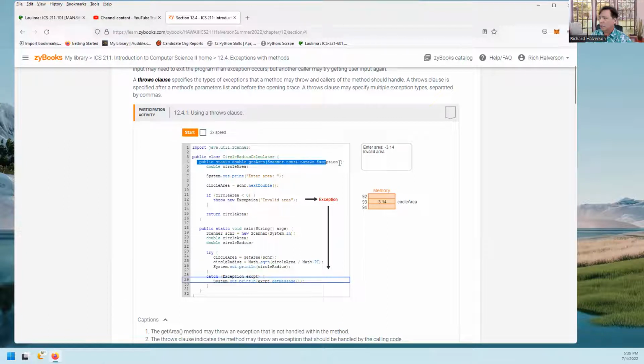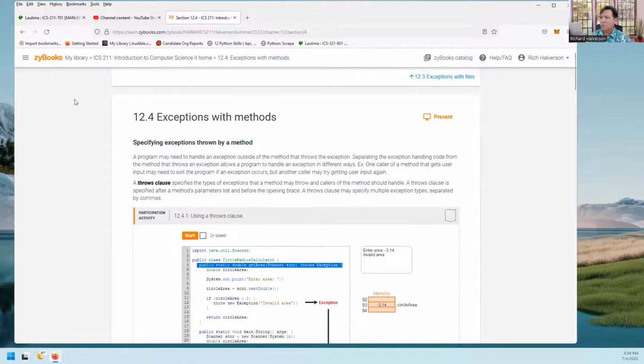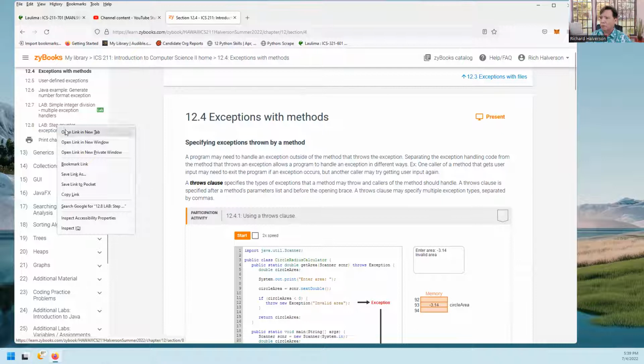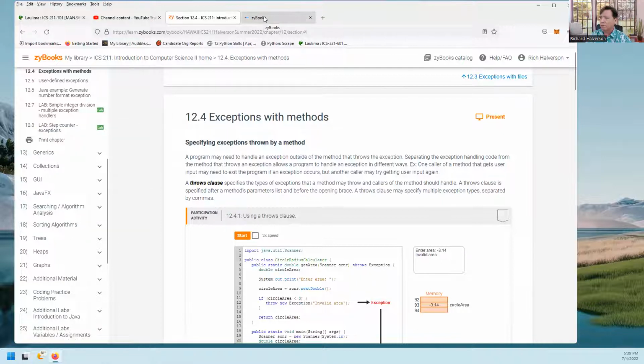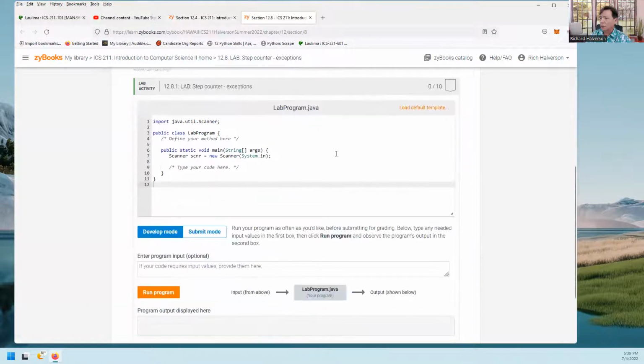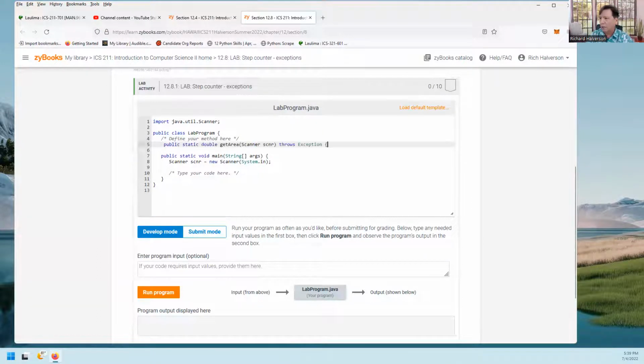Methods. I'm going to copy this here, and I'm going to go back to doing this one. I copied that and I wanted to say public